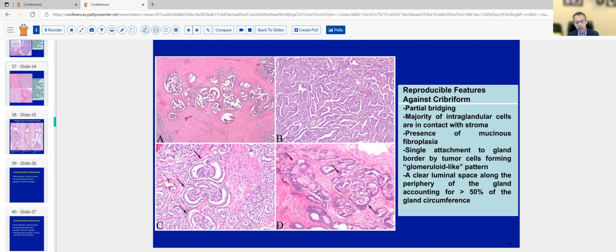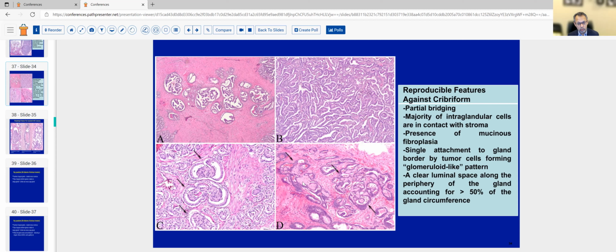In this particular example, you can see that the majority of these cells are in contact with these blood vessels, which is part of the stroma. So this is in fact a papillary proliferation and not cribriform proliferation, but it does look pretty complex, like cribriform proliferation. When you have a glomeruloid type of proliferation with only one point of attachment, that is consistently considered a non-cribriform glomerulation, pattern 4. And then when you have mucinous fibroplasia, which can create complex